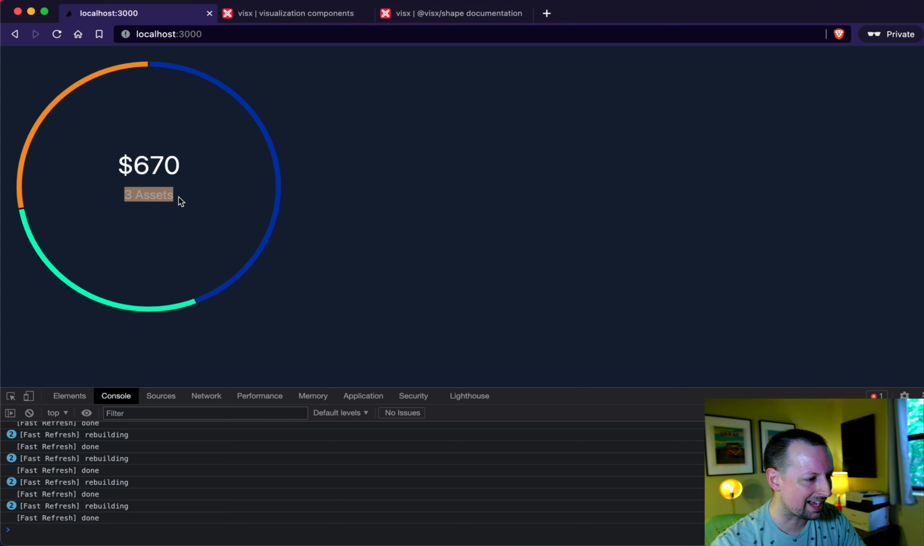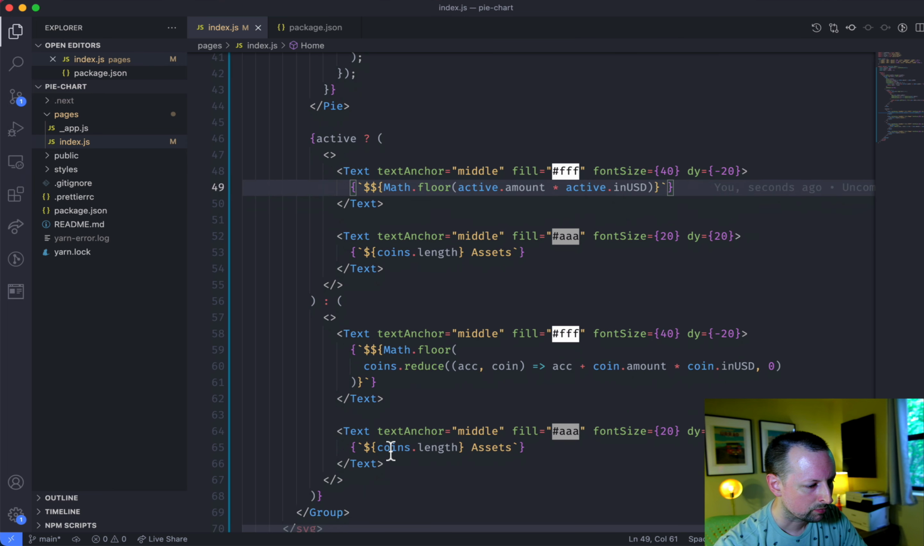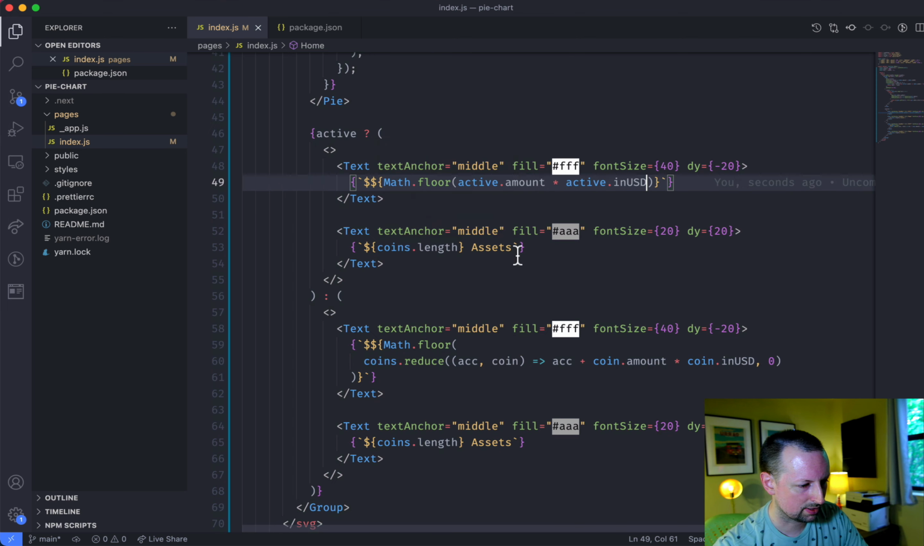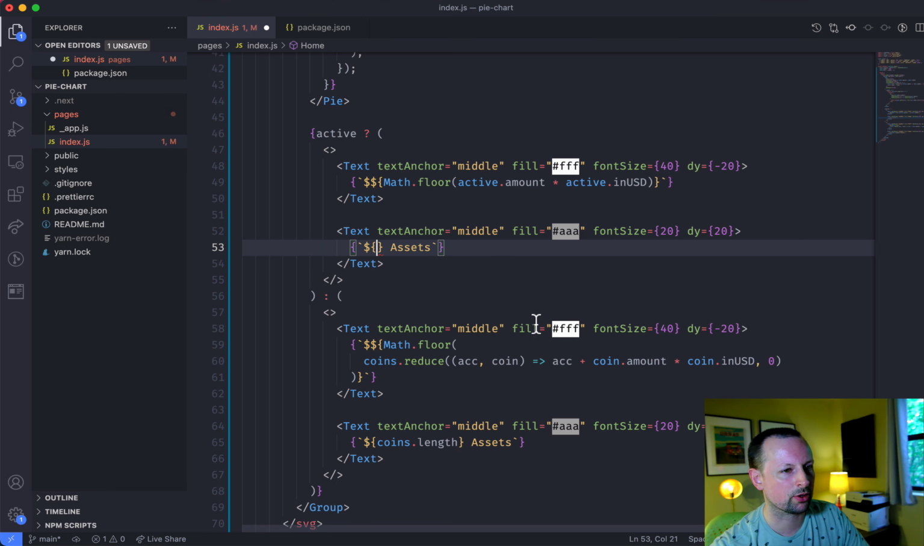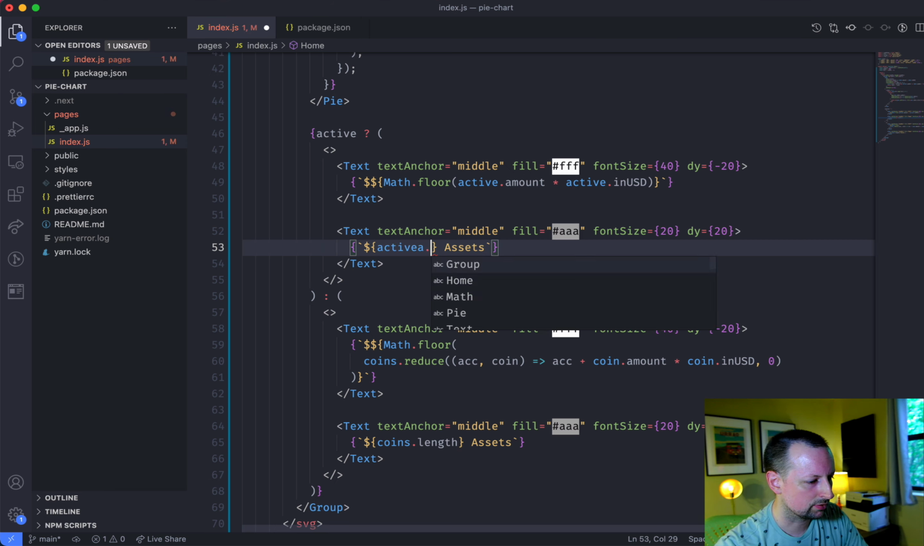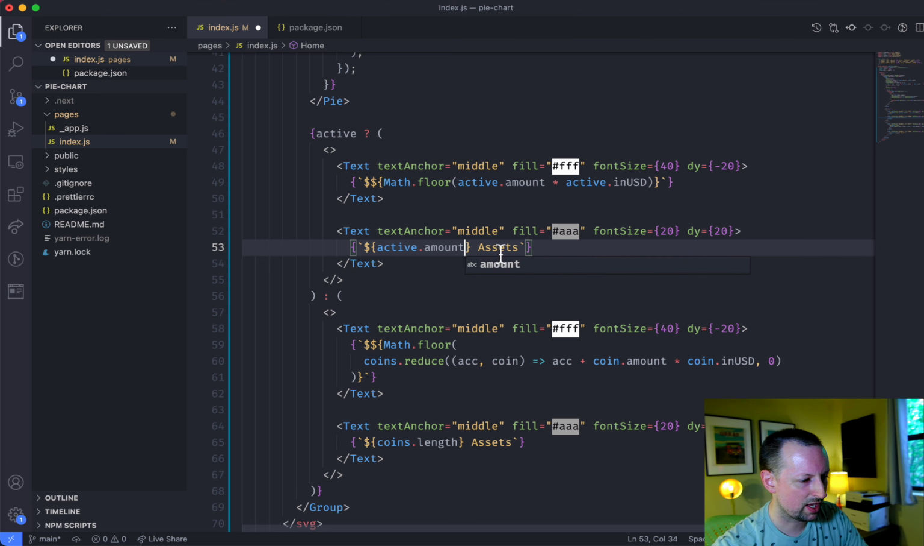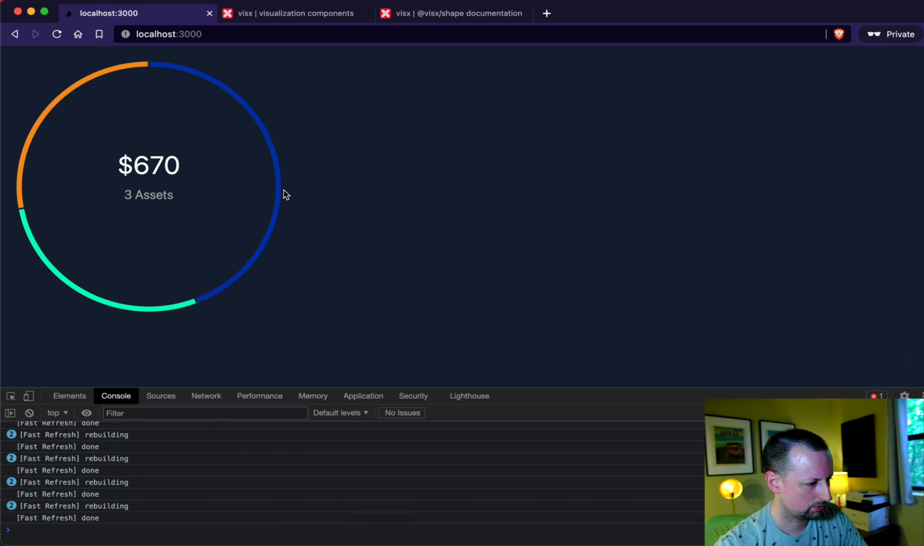And then we need to change assets to just say how many coins in that currency there are. So whatever, 400 ADA, 5 Sol, 0 point something something BTC. So we can come down here and put in here how many coins there are. So this would just be active.amount. And then instead of assets, what we could do is embed the active.symbol. So there we go, 200 ADA, 5 Sol,